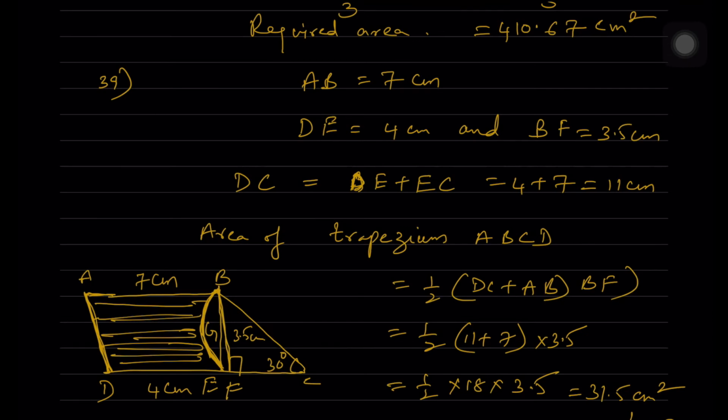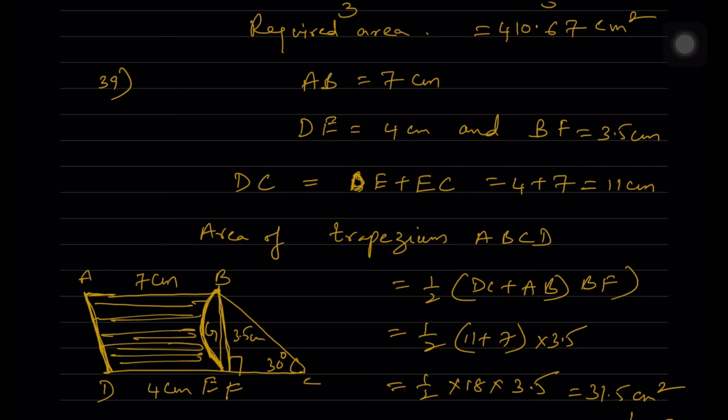DC is equal to DE plus EC. So EC is also given to us, because you know that it is a trapezium. Therefore, AB is equal to EC from this side to this side. So, therefore, you are getting this as 7 centimeters over here. So, 4 plus 7, which is equal to 11 centimeters. So, DC is equal to